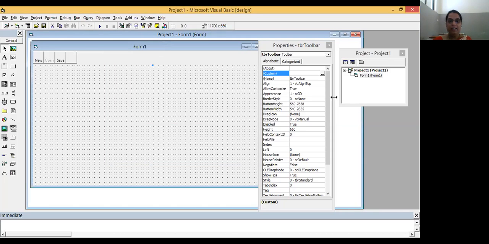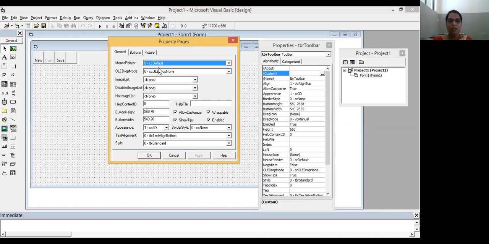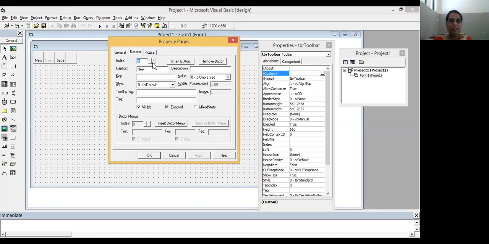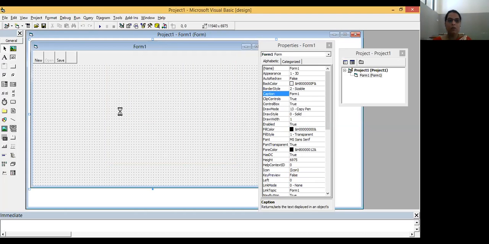If you want any changes in the toolbar, again just go to the custom property. Okay. Now I have specified the buttons for the toolbar.